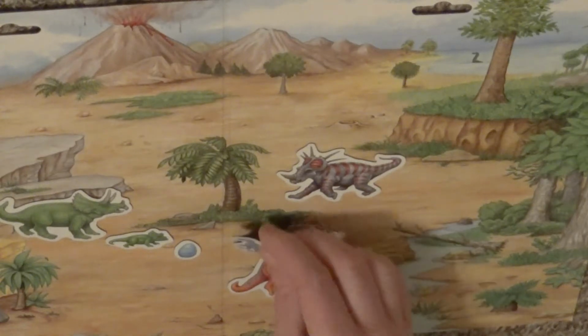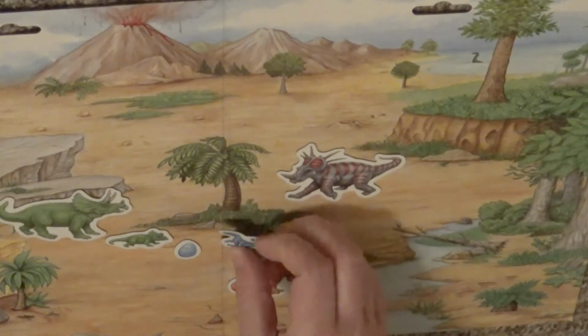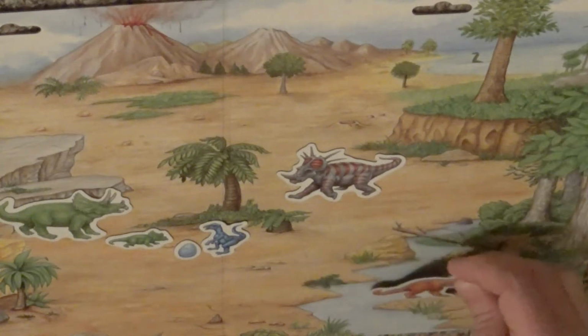Now here's a little guy called an oviraptor. And scientists used to think that the oviraptor, his name means egg snatcher, would snatch the eggs because the oviraptor fossils were oftentimes found next to eggs. But we now know that the oviraptor also was protecting its eggs, and that's why he was found next to eggs. Now Parasaurolophus is going to wander off,